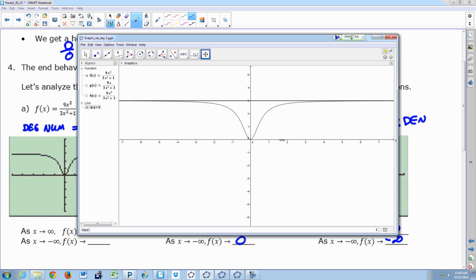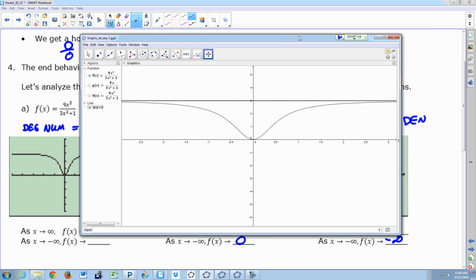If I spread this out, you see a little bit of a gap between the graph of the function and the line y equals 3. It's getting closer and closer and closer. And as x gets bigger and bigger, it's getting so close, it almost looks like it's exactly the same line. So the question is, how do I get